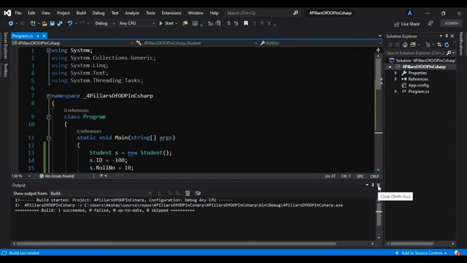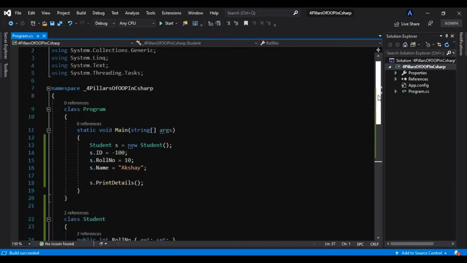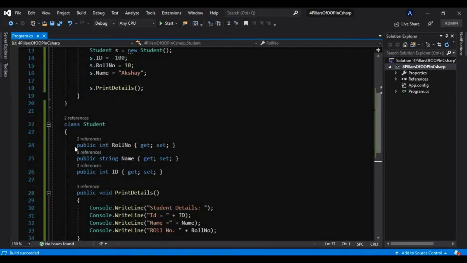But again, in a previous tutorial itself I told you, if you are dealing with an auto implemented property, then the compiler will not implicitly provide any logic here to validate your properties. But if you don't want to provide that validation logic explicitly, then there is no problem.